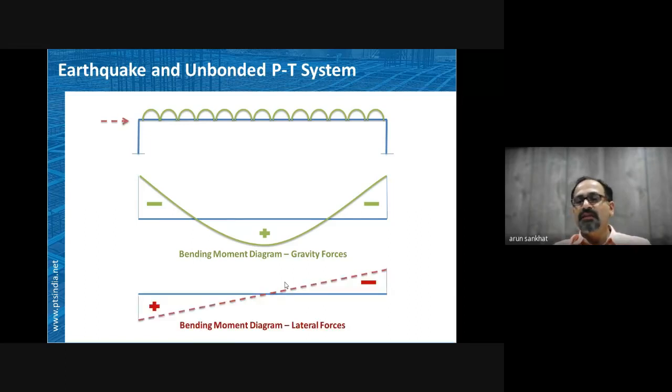Now, say for example, we have an earthquake force from one of the sides. So the bending moment diagram generated due to this lateral force would be like this. There will be sagging moment and hogging moment like this. The profile of the bending moment diagram will be like this in case of earthquake. So in an earthquake, the moments are concentrated at the junctions of column and beam, and not generally at the mid span. In mid span, there are very few moments, but the moments are attracted at the joints.